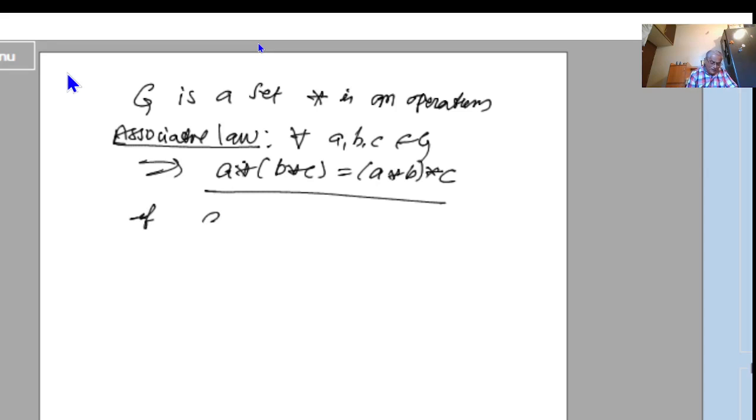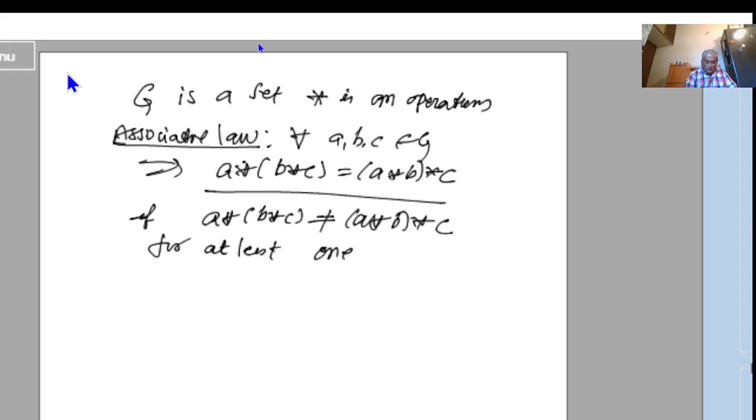If A star of B star C is not equal to A star B star C for at least one A or one B or one C, if at least one such case exists, then we say that associative law is not satisfied.